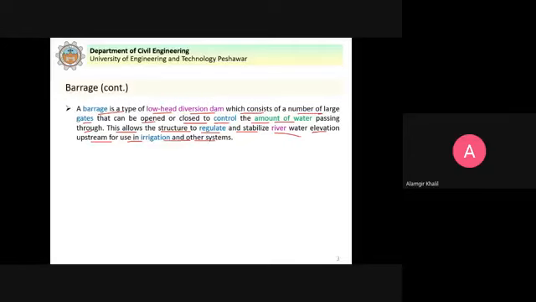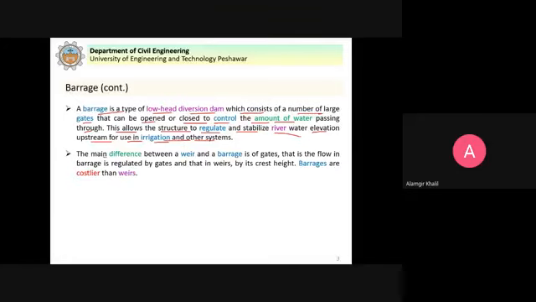As we already studied in the previous lecture on diversion headworks, we raise the water level so as to divert the water into the off-taking canals for irrigation and other purposes, because the same water, not only for agriculture, can be supplied for other purposes such as domestic and industrial water supply.